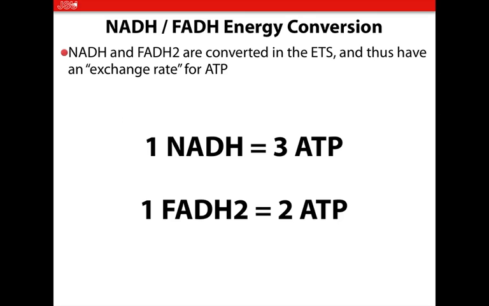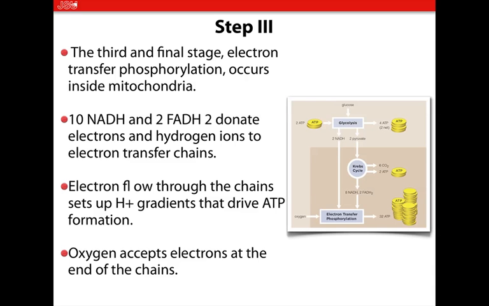Okay? You can have 3 ATP made from 1 NADH and 2 ATP made from 1 FADH2. So think of these as coupons for ATP. These coupons are made in the Krebs cycle, but they are cashed in during electron transfer phosphorylation, and that's the